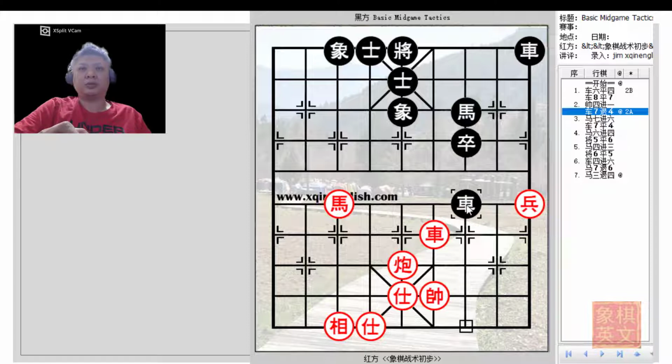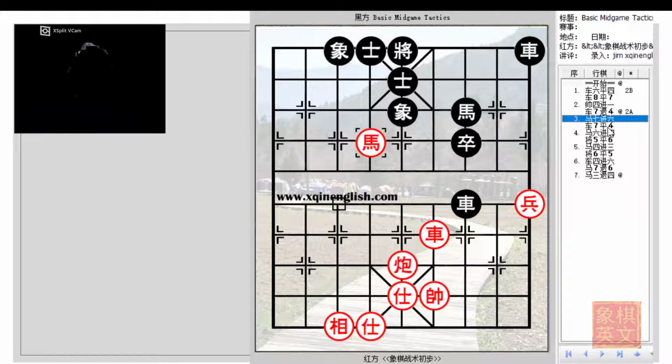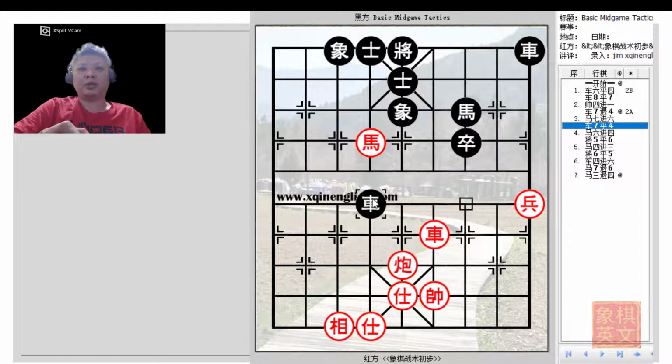R7 minus 4 to provide some defense was studied in the book, but unfortunately for black, red would now have the opportunity to make significant gains. So h7 plus 6 was suggested. Now black had to defend against the horse in this manner, or it will be a checkmate, an elbow horse checkmate. But once the chariot was moved here, the red horse will continue attacking with a check